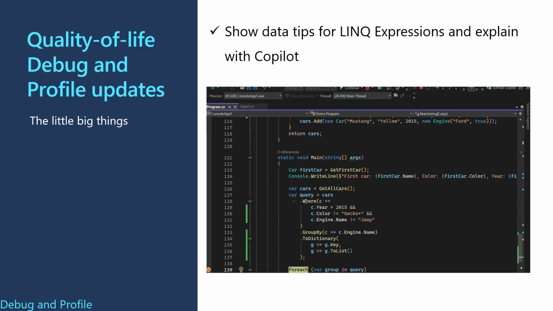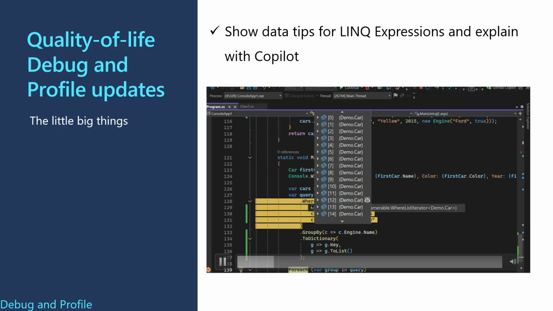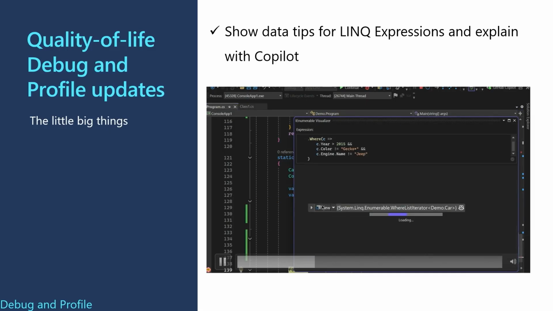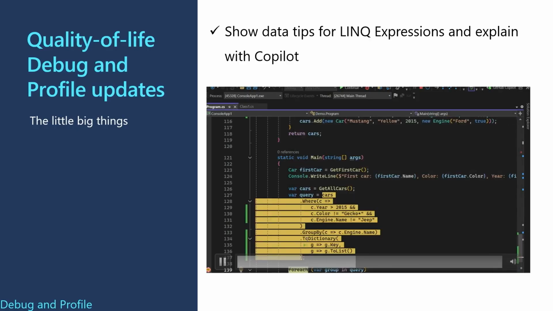So whenever you have a LINQ expression, at each and every clause of it, you can hover over it and you will get a very similar data tip as you get for a normal object or any other variable. And you can actually see the data at each and every step and validate if it's correct or not. So if I play this video here, you will have this data tip at each and every clause. You can see the data in the data tip, or you can use the IEnumerable visualizer associated with that data tip to see the data more,